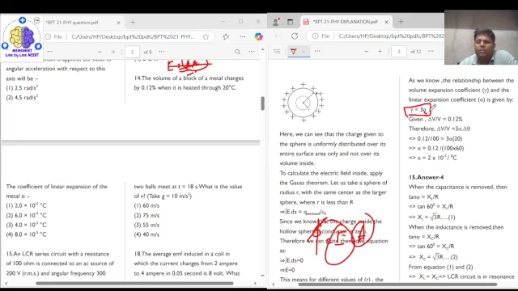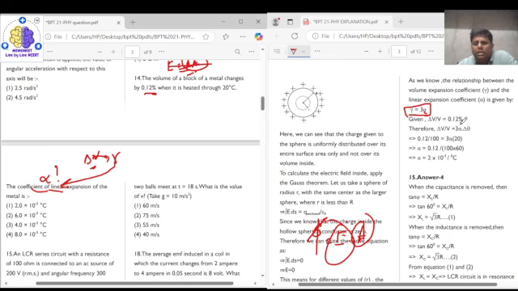linear thermal expansion, right? So they have given in the question that the volume of the block changes by 12%, and they are asking you the coefficient of linear expansion, meaning they are asking you alpha. They have given you the change in volume, so from the change in volume you can calculate gamma, and if you know the relation between gamma and alpha, only then you can calculate alpha, right? So delta V upon V is 12%, that is delta V upon V is equal to gamma